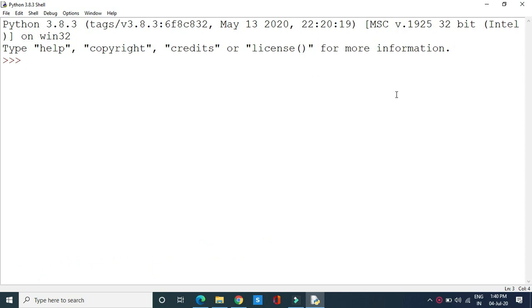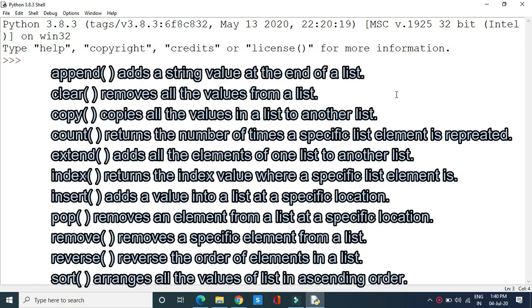Such functions are append, which is used to add an element at the end of the list; clear function, which will delete all the elements from your list; copy function, which copies the elements of one list to another list; count function, which is going to count the number of elements in a list;